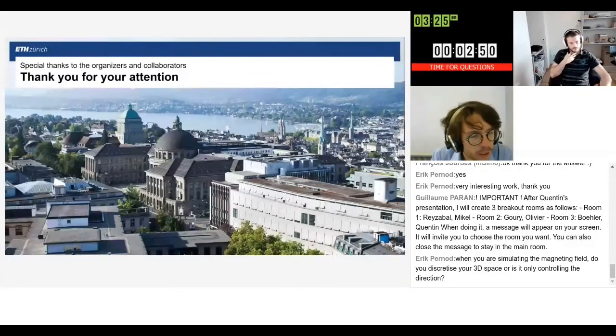So a question from Eric: when you are simulating the magnetic field, do you discretize your 3D space, or is it only controlling the direction? So you have very different ways of doing that, but essentially what we do right now is that we control the 3D field in one position. This is a degree of freedom problem, but essentially, let's say you have 3 electromagnetic coils, so you can control 3 currents. Usually it means that you can control the components of the 3D magnetic field in one position. And all of the other arrows you see all around the space are just